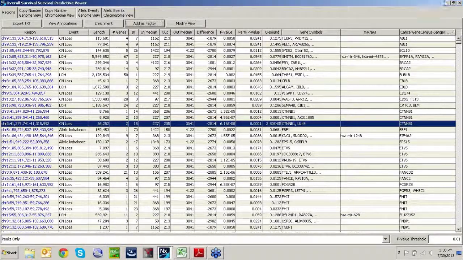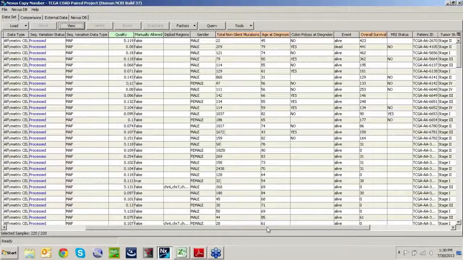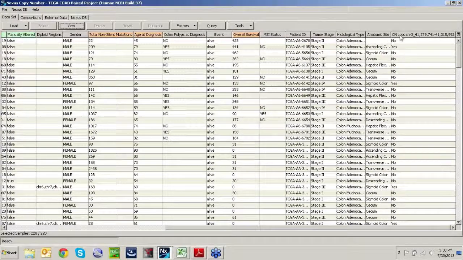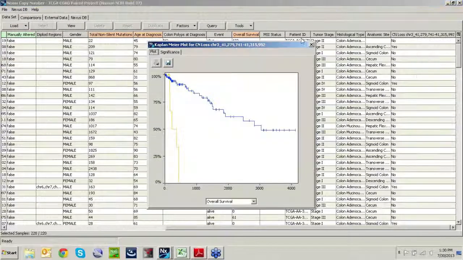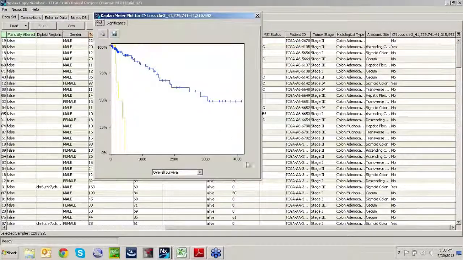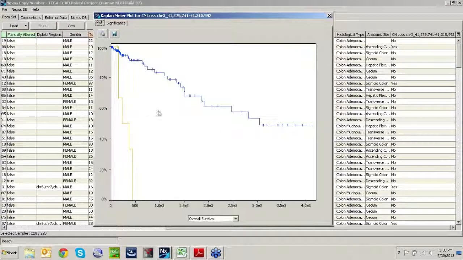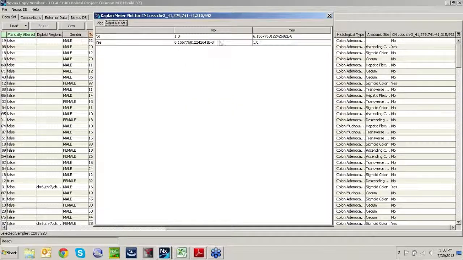So when I click that button, I now added a new factor to the far right. We have copy number loss at our region for beta-catenin. And if I right-click right here, I can now very easily do a Kaplan-Meier plot just for the specific event. And so you can see here it looks really dramatic. So hover over this, we can see that this is the samples with the loss versus those without the loss. And our significance value is 6 to the negative 8, so really significant. So this is a really direct approach for identifying regions of interest that